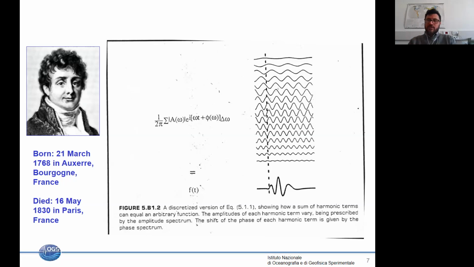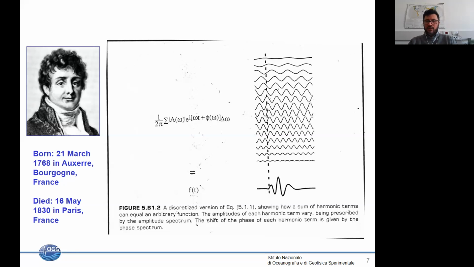Okay, these time series have a lot of information inside of them. And generally to study or to extract this information, we don't work directly in the time domain. We prefer to work in the frequency domain. And for doing this, we use the Fourier transform. It means we decompose the signal in a series of harmonic terms that all together are able to reproduce, let's say, the